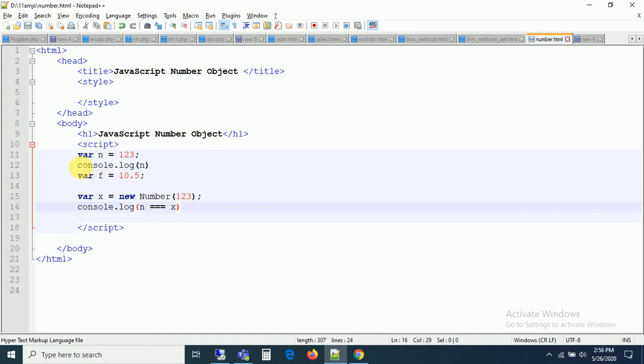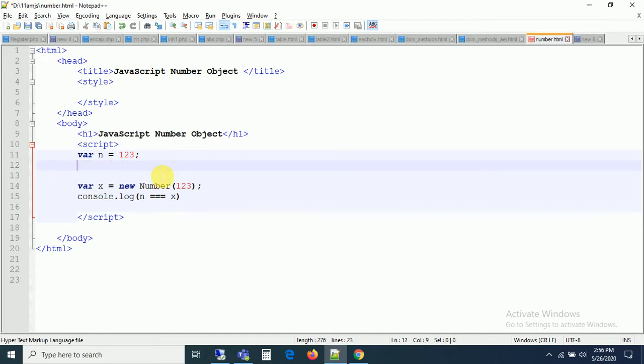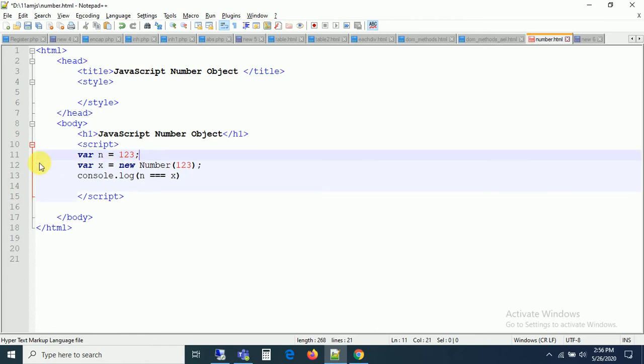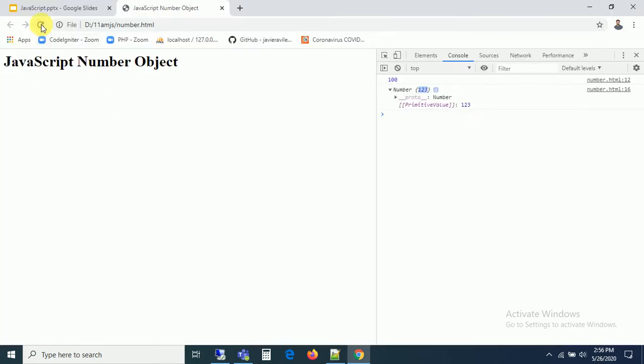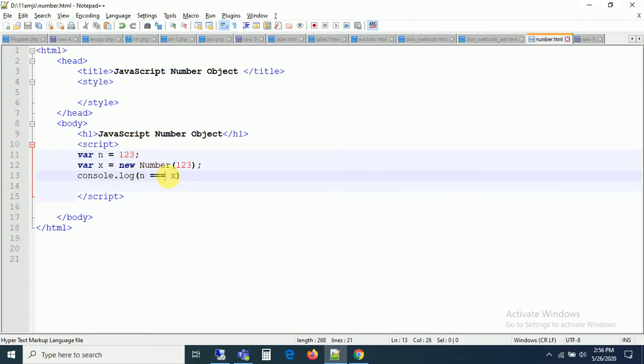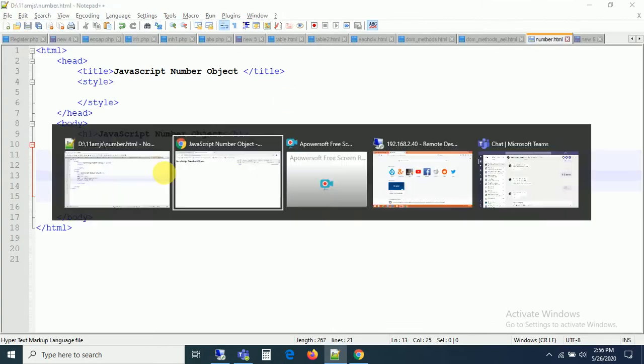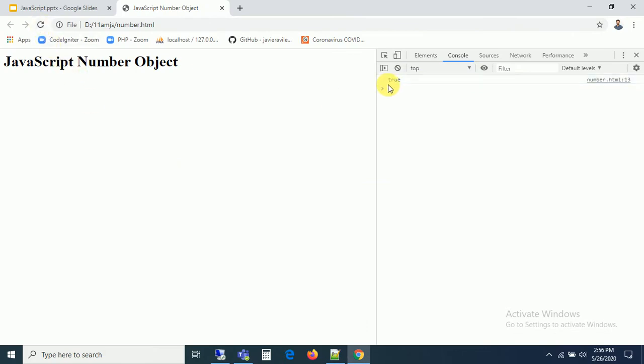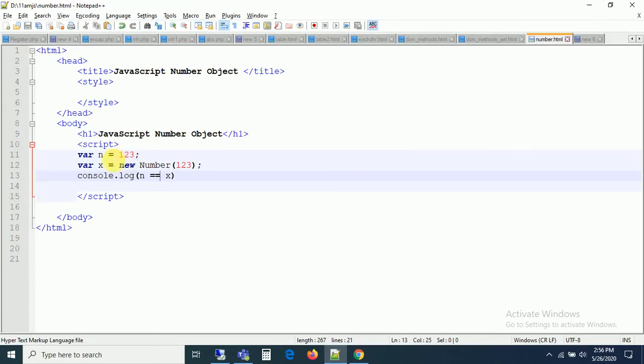What I am saying here is that we can create a number by using the literal syntax and by using the constructor way. So I created two variables with the same values. The object holds 123 as well as the variable n holds 123. Let me confirm. It is giving false because the data type is different. Now if we just compare the values here, n equal to x, refresh it. I think it is going to be true now. The values held by the variables n and x are the same, but the data type is different. When we go for triple equal to, what is the meaning of triple equal to?